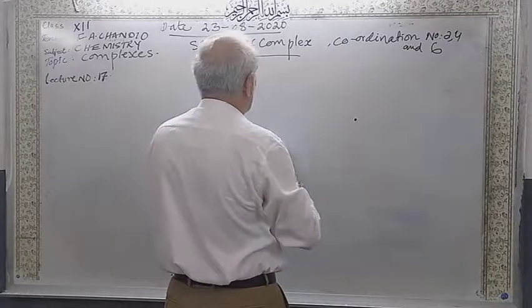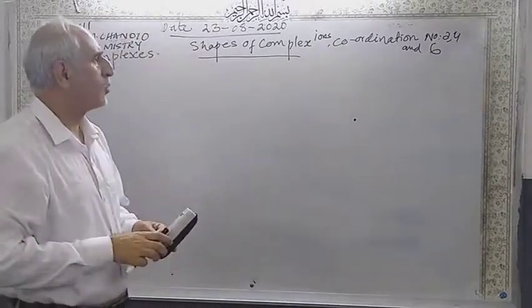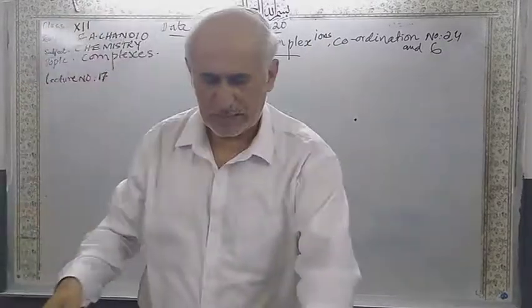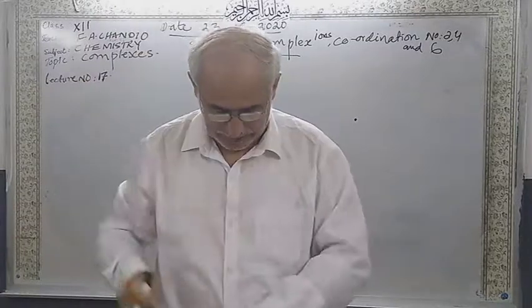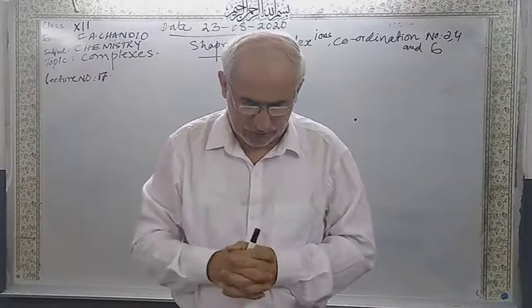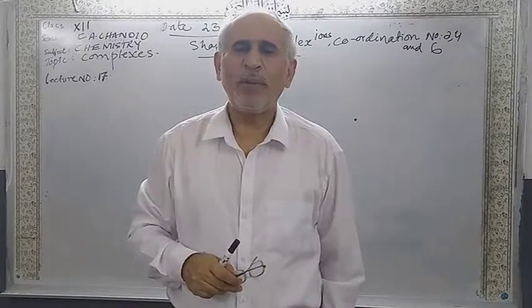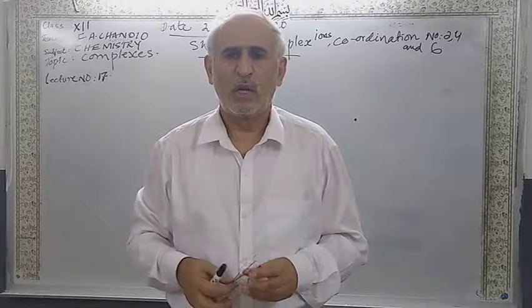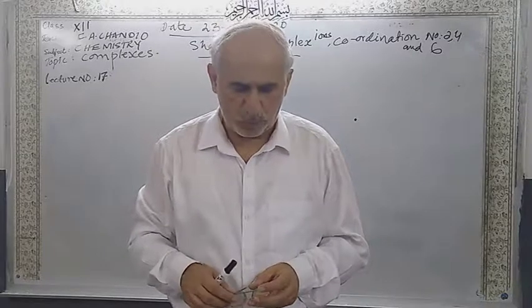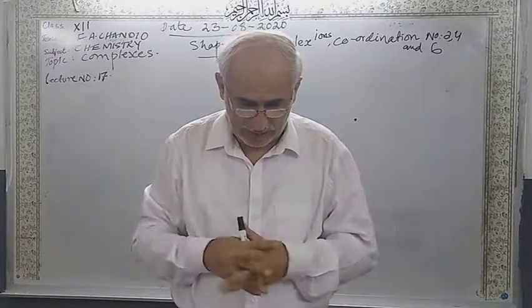Shapes of complex ions with coordination number 2, 4 and 6. This is grade 12 and article number 4.23. After the nomenclature of the complexes, if you see your book, open the book to this article, and I am again